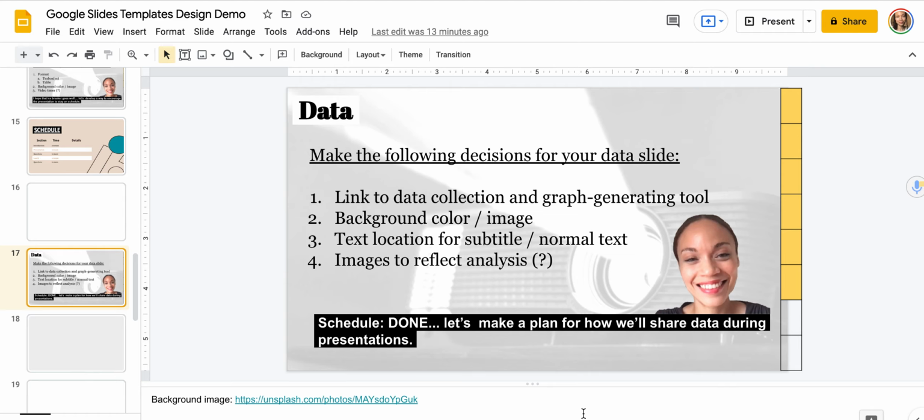2, background color or image. 3, text location for a subtitle or normal text. And 4, images to reflect analysis. And that's up to you. Basically what I'm saying is if the data